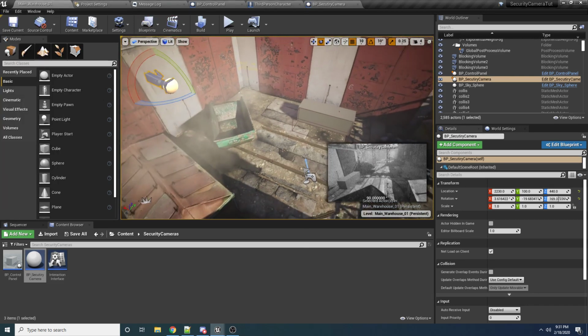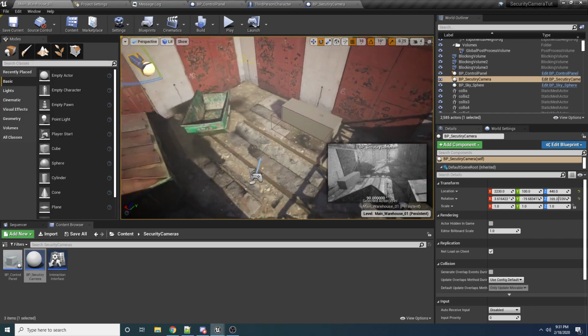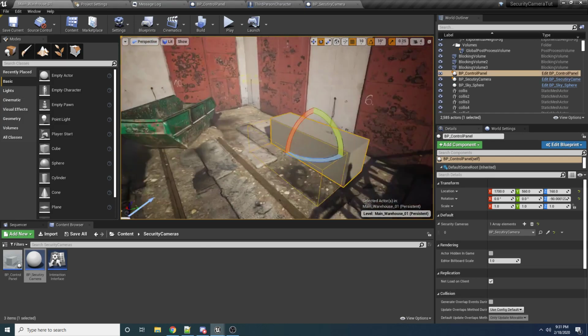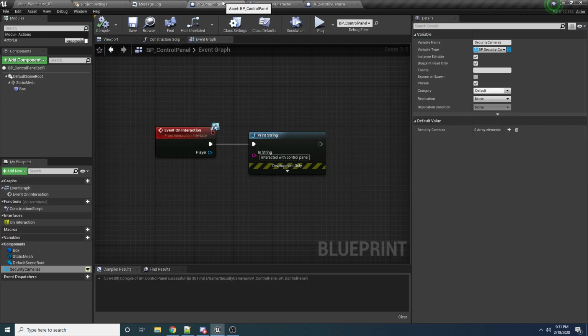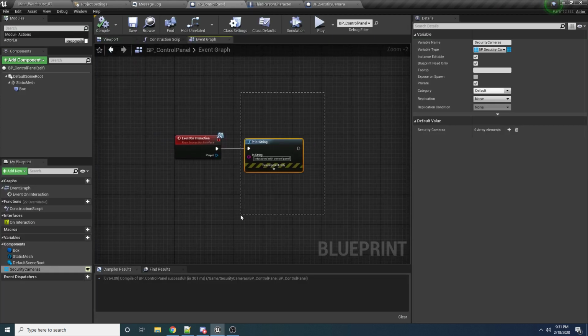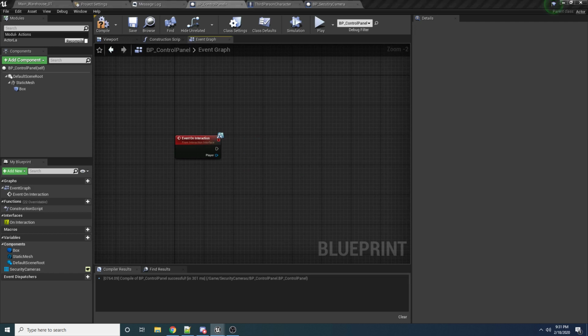Okay, so now we have our camera set up, and we have our camera attached to our control panel. We need to write the code that makes it so that once you walk up and interact with the control panel, it actually switches your view over to this camera up here. So go back to the BP control panel, and we're going to delete this print string and actually write some